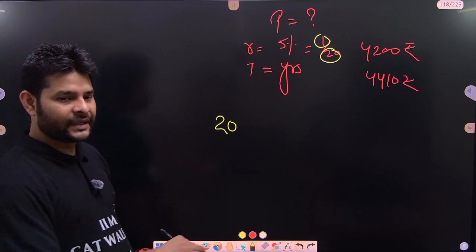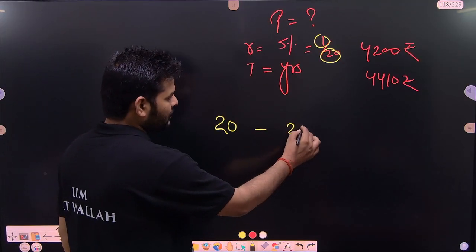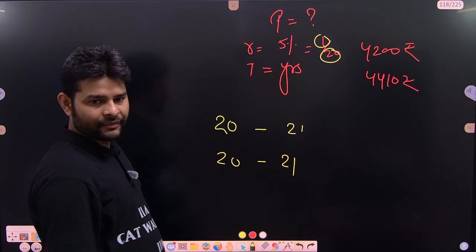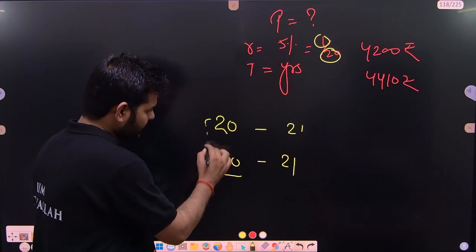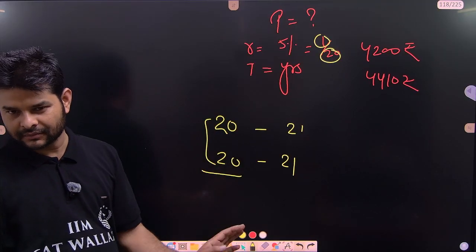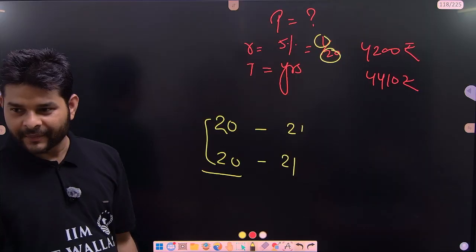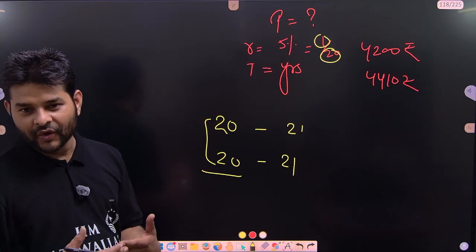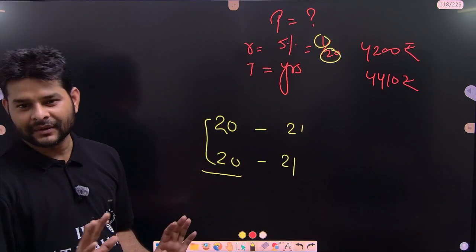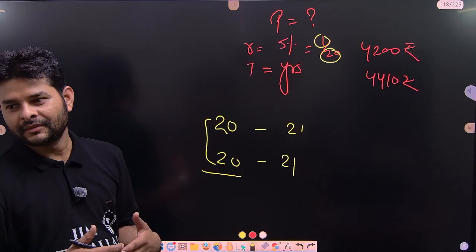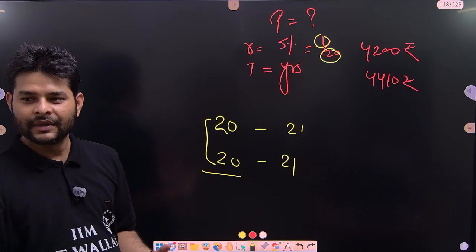But for the second year, we again put 20, and over here again we put 21. We multiply for the second year. Why? This is a method, this is a way. If you want to reduce your time, you need to plug it in. A very simple thing. If you say, no, I want the answer to why, go for the detailed method.